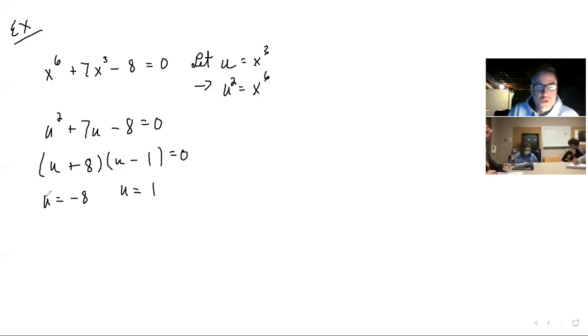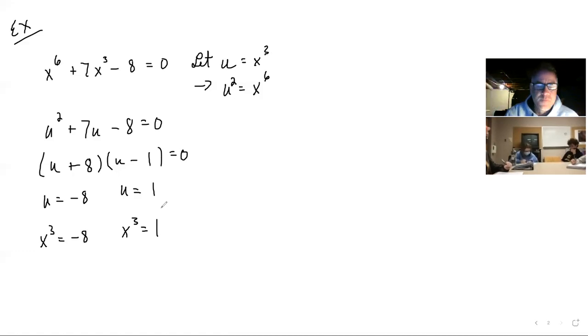Go back to what u specifically is, and it is x cubed. So I put in x cubed for u in those cases. And at that point, I simply say, okay, how do I undo this? That is, how do I get x to the first, x equals whatever. So if it's x cubed, to undo x cubed, you would need to take the cube root